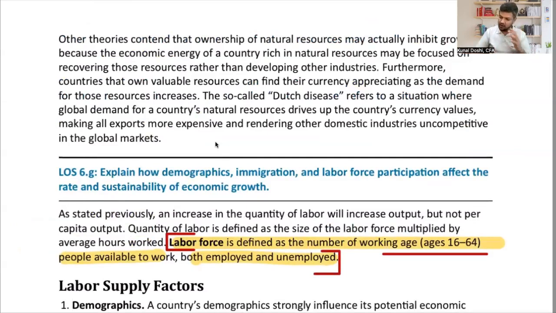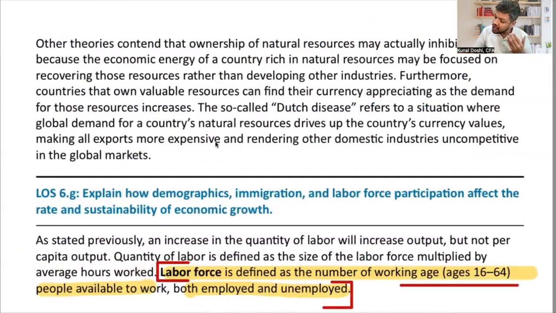Something very interesting: one theory says that the ownership of natural resources may actually inhibit growth. Inhibit means they may hinder or stop growth. You can write hinder growth. Why? Because they are saying that the country will be too obsessed or focused on conserving those natural resources. So this country will be too focused on maintaining those natural resources, so they'll put all their resources towards recovering them,